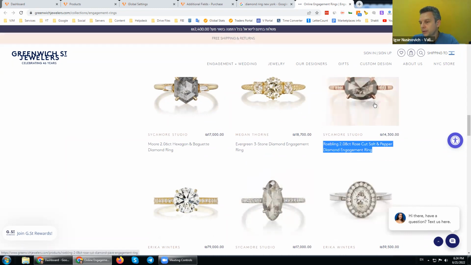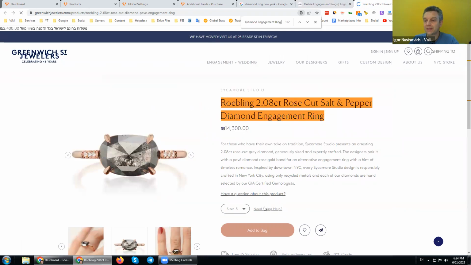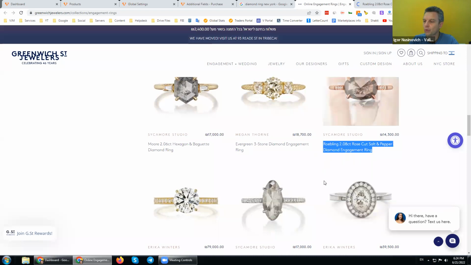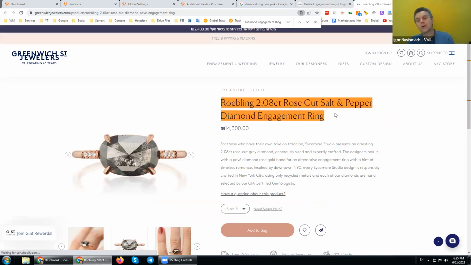So this is one observation that I see immediately. And then when we go into the website, into the product, we will see that the same title, I just pasted the title from the category page or from the entrance page, doesn't matter. I see that the same title is being used in the product page, which both from the SEO point of view and from the conversion point of view is not effective.